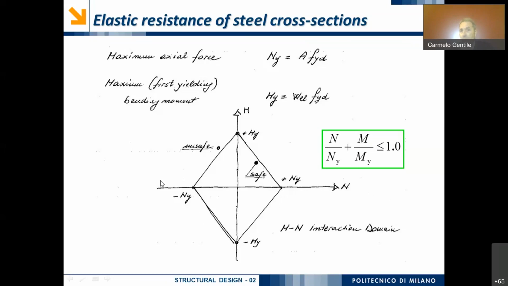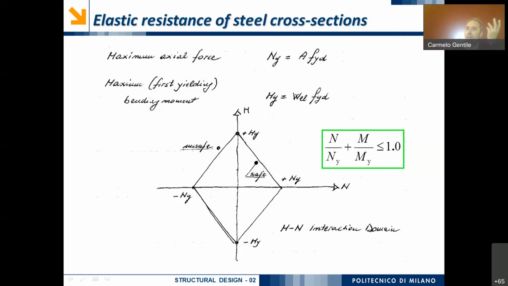Similarly, on the m-axis, I will have plus M epsilon, the value of the first yielding bending moment, on the positive side of the axis and minus M epsilon on the negative side of this axis. Now I have 4 points on the axes. I can connect the 4 points with straight lines,